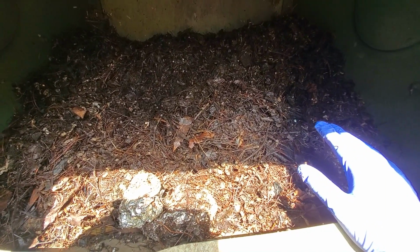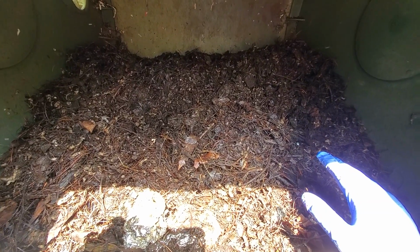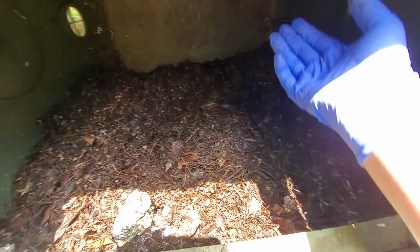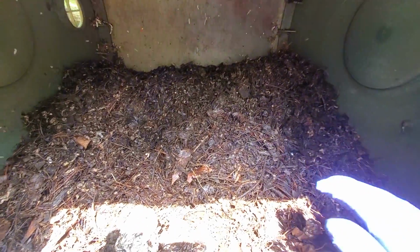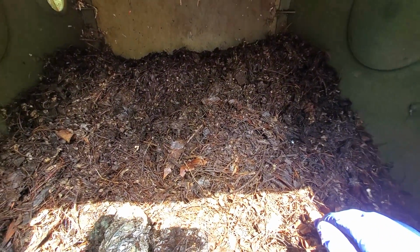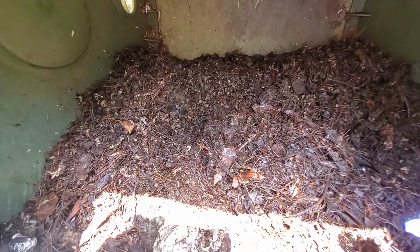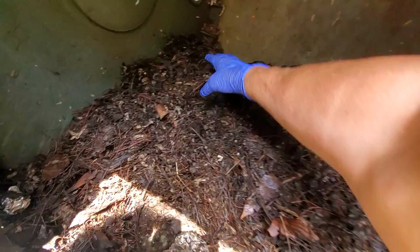So this was not tended to since the 12th of June. And it's been pretty much idle. I went and turned it 3 or 4 times throughout the time span. And I don't know, it's been cold. It's been rainy. We've had a few nice days that heated things up pretty good, but not nearly as